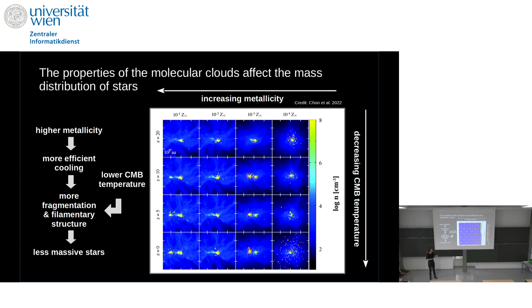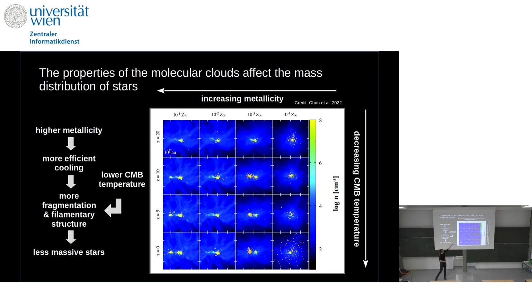The interesting thing I found about this recent paper is that they also thought about the CMB background temperature. What happens if you include the CMB background temperature? The key thing is, if you go to very high redshifts, that temperature is far higher than at lower redshift, closer to us. Basically, if it's further away, it's hotter than if it's closer to us.